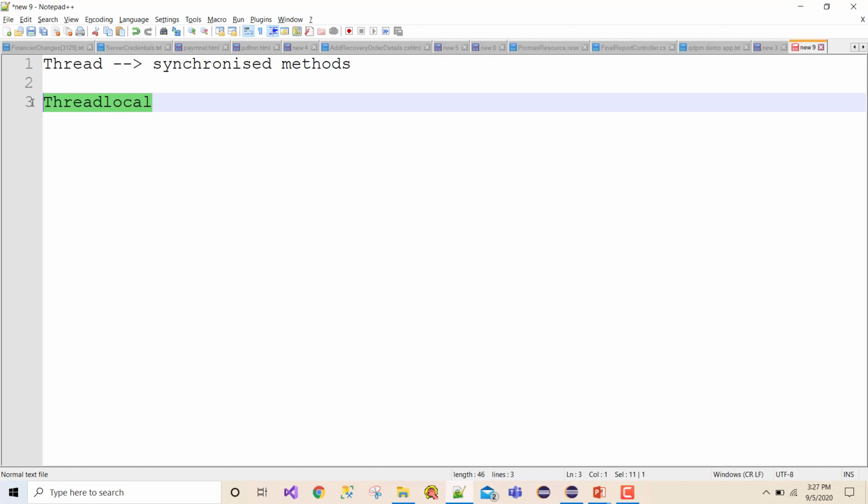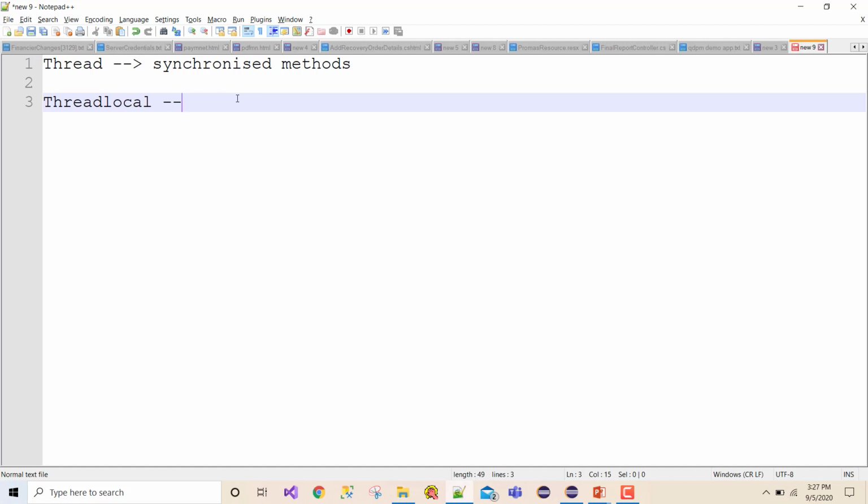Okay, let me put it in a slightly different way so you can understand these things. That's pretty simple to implement, not much complicated. We just need to use the concept called thread local. As I told, by using thread local, each thread maintains its own copy of data.